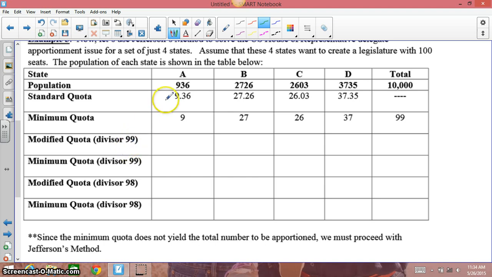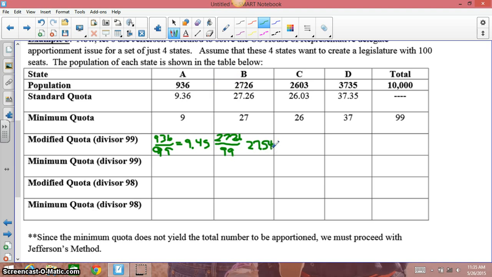So he says, okay, take each of these state populations now and divide them by 99. So I'm going to take 936 and divide it by 99, and that's going to give me 9.45. Again, I'm taking each of these populations and dividing by 99. The next one, 2726 divided by 99. After you divide there by 99, you should get